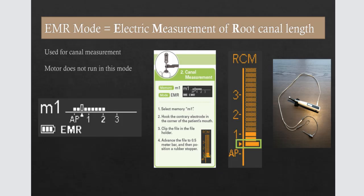Here's just some displays of the handpiece. So over here on the left, we can see M1 is just memory 1. You can see that there's a reading like most apex locators have. The 3, the 2, and the 1 really don't represent anything as far as distance. They just give you a sense of distance, but they're not telling you that you're 3 millimeters, 2 millimeters, or 1 millimeter. There's a box here that is a flashing bar,